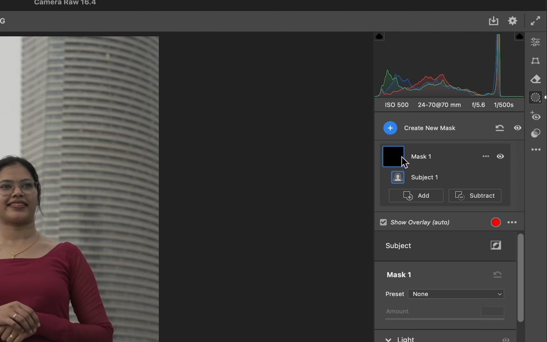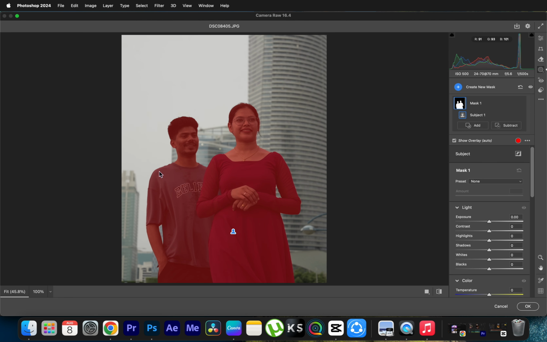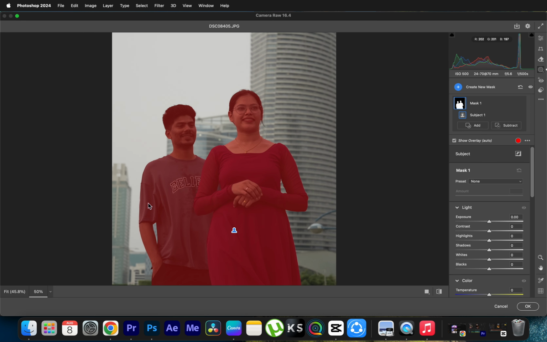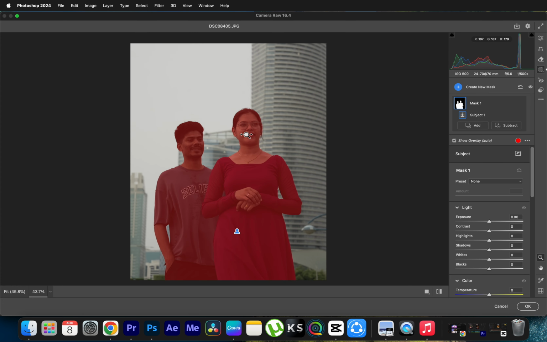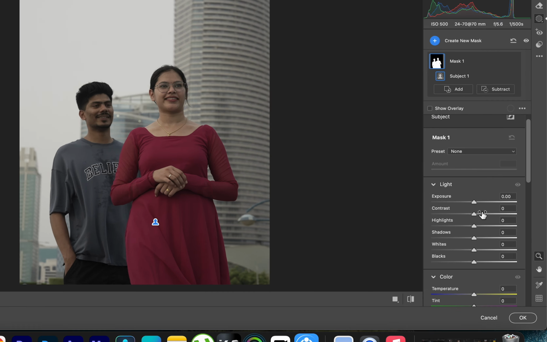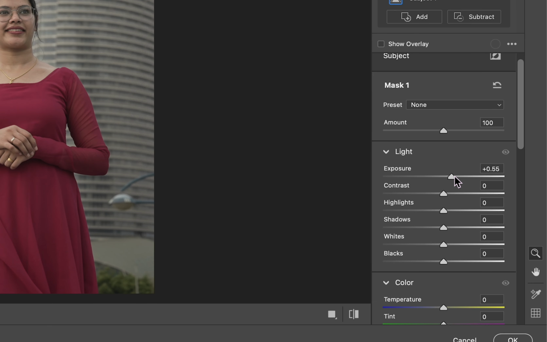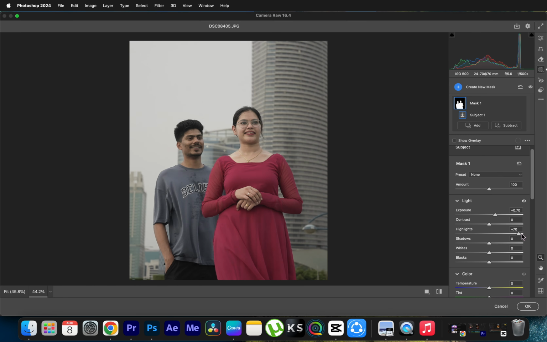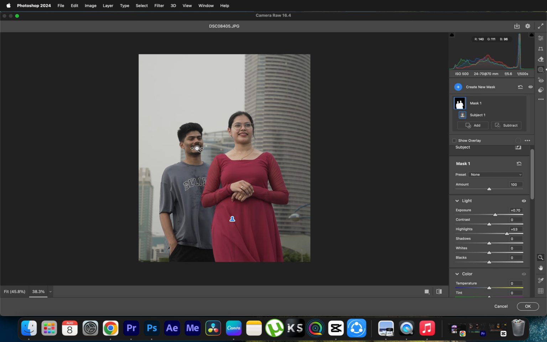Now I'm gonna click on the subject. See, the subject is already masked out. Now we need to check all the edges are perfect. By selecting subject, we have the basic panel here. So we start by tweaking the exposure to make sure the overall brightness is just right. From the basic panel, I adjust the highlights and shadows to bring out details in both the bright and